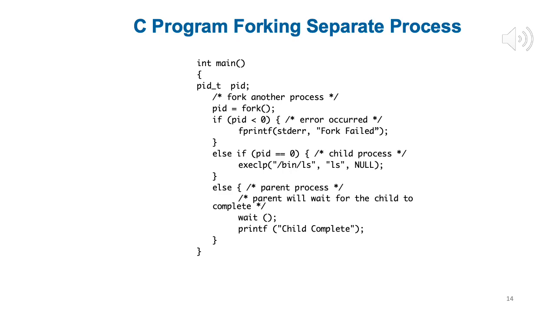Okay. So we have our main. So let's say we have a process called 1.c. Within that we have a main program. So our execution will start here. So note that we need header files which are not included here. So pid_t and pid. So this is for storing the PID of a process. pid_t is a specific typedef, the data type. If you want, you can also use int. Okay. Although pid_t is more reliable.